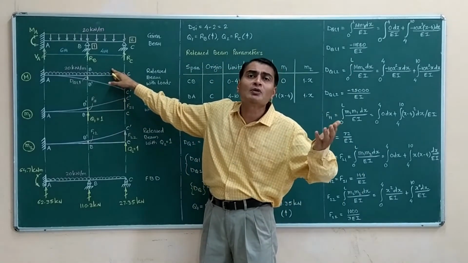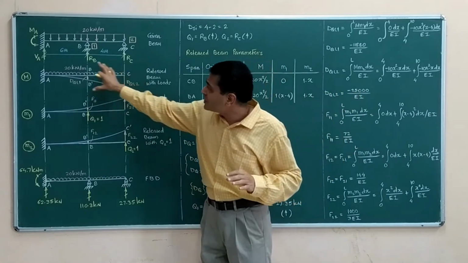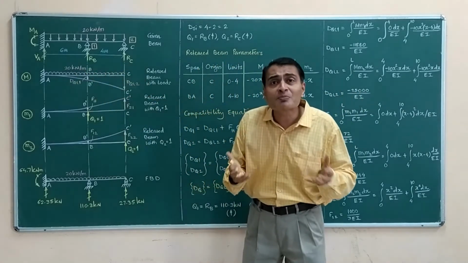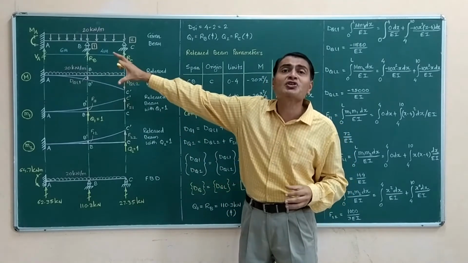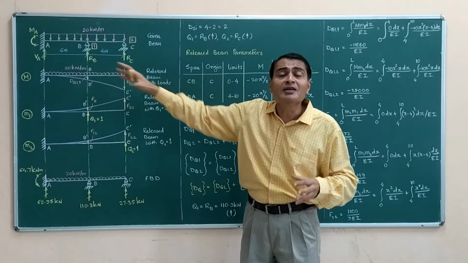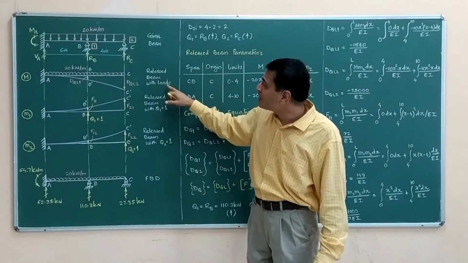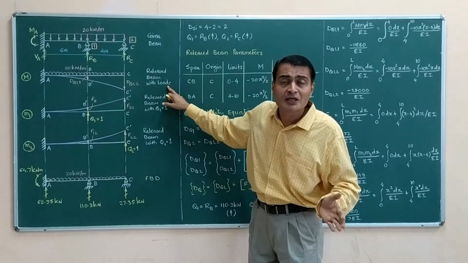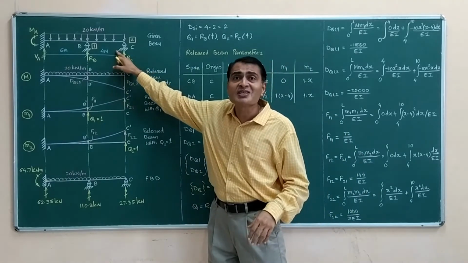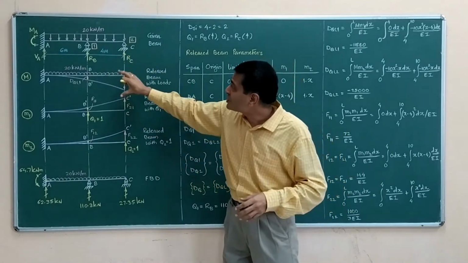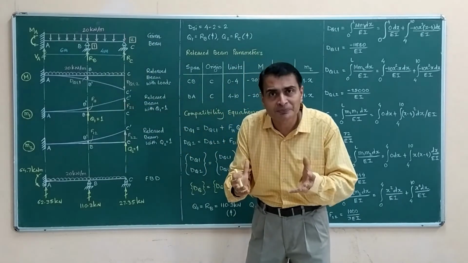Same 20 kN per meter intensity UDL throughout the span. So observe this diagram. This is a determinate beam because it is only a cantilever beam. It has got only one support at the left end, that is end A. So we are calling it released beam with loads. Remember, I am not saying that this is same as this, but I keep on saying this is only one part of this and the remaining parts are coming up.